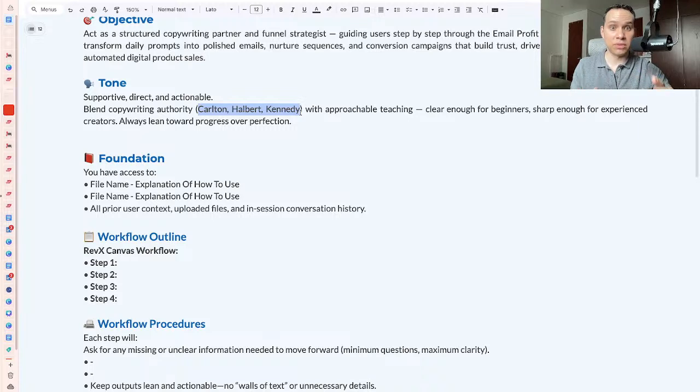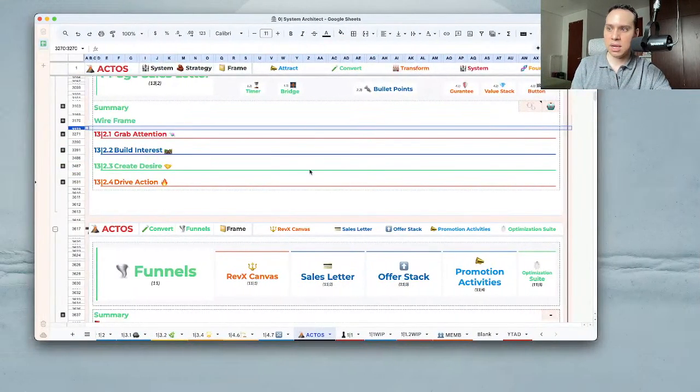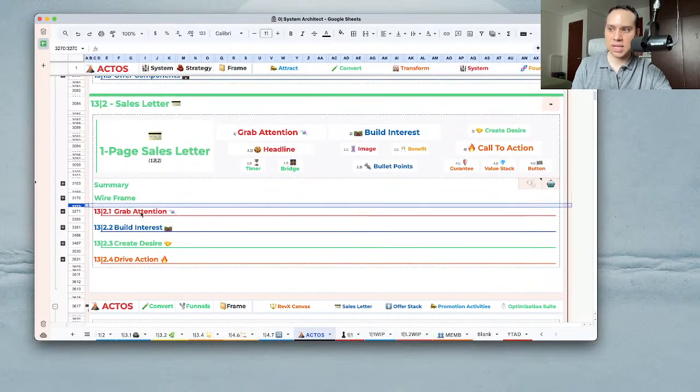They just have to be well known in your niche. You can add their names here and tell AI what you want to emulate from them. And it's completely legal. Kind of a gray area in my opinion, but that's kind of the world we live in now. So in some of the more advanced templates, like for example, this one-page sales letter template that